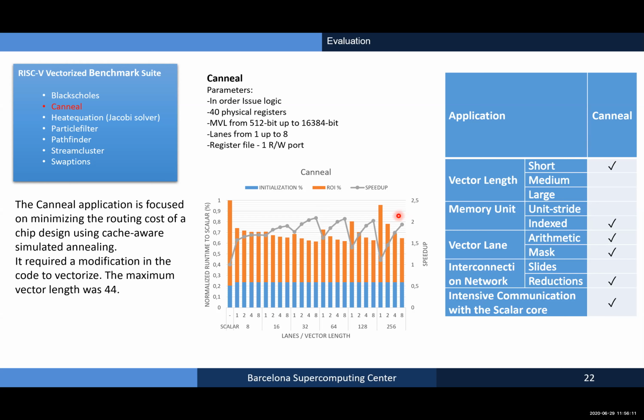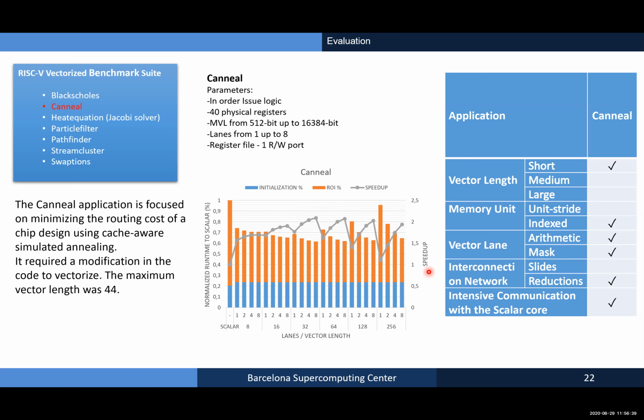As we increase the number of lanes and the vector length, we do not get as much as with Black-Scholes. So this type of application is good to see what would be the ideal maximum vector length, or how you would try to scale with this type of application that is difficult to scale.